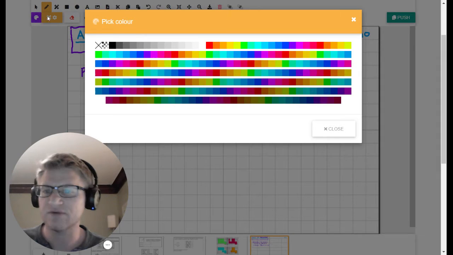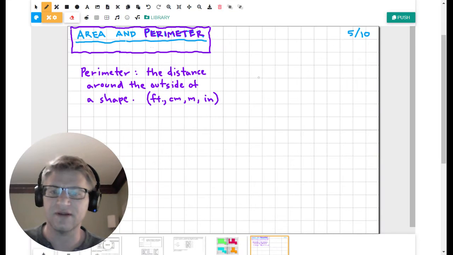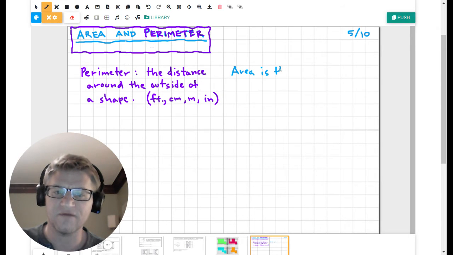And area, which we'll do in blue, area is going to be on this side of the page. We're going to say area, right? And I'll put a line down the middle. Area is the number of square units that fit